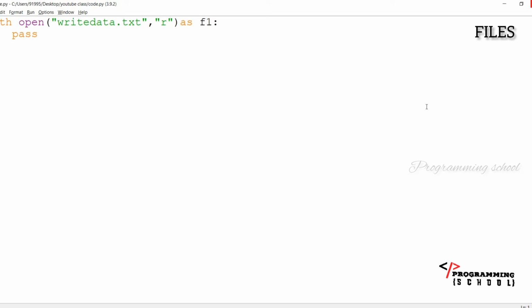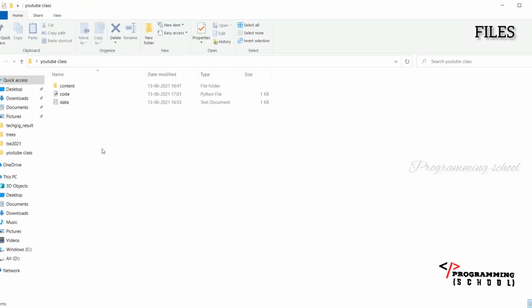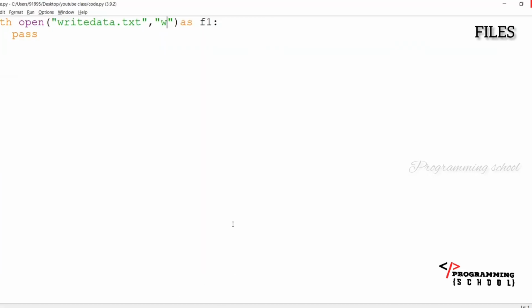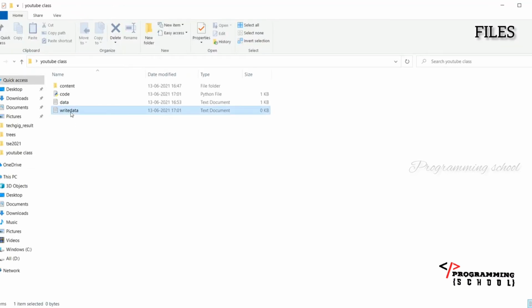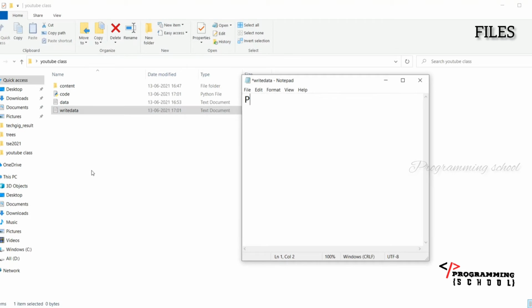When you are writing or appending, if the file is not there, it is going to create a new file. If the file is there, for example, here I am going to write Python class, and I am going to save it and close it.